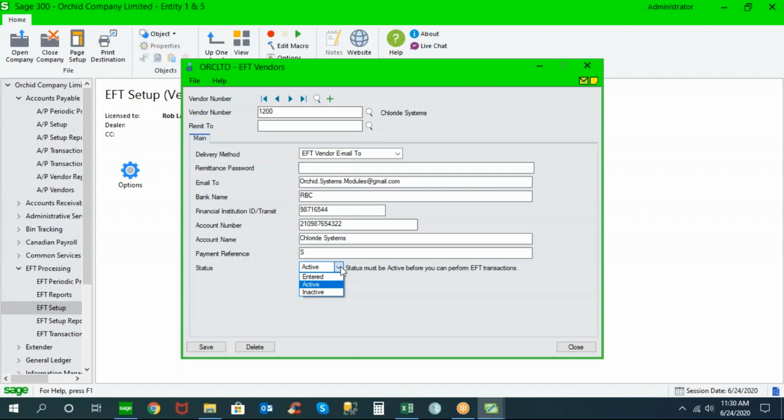This is another control feature that we've built into EFT. So what we can do is when we're setting up the system, we can tell the system that our default status is entered, and then have another person come in and switch to the active status once they've reviewed what's been set up for that EFT vendor. And then at that point, because the active status is in place, you can then start sending payments to those